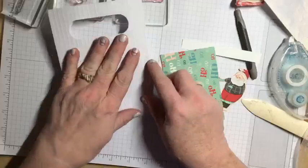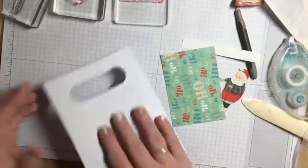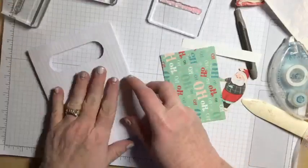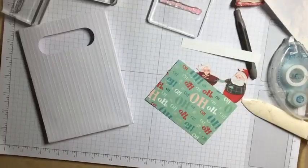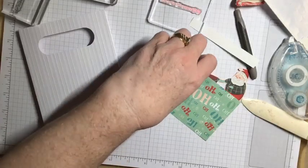I'm going to be putting together some calendars that are going to have a sticky note pad attached to them. So they're going to fit in these bags nicely. To put this all together, what I need for materials for this one, I cut my designer series paper